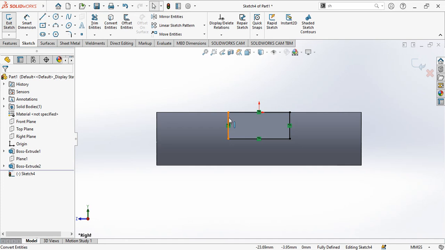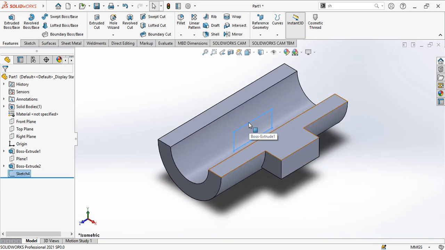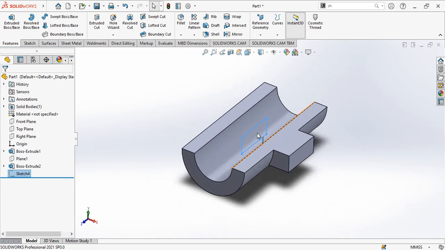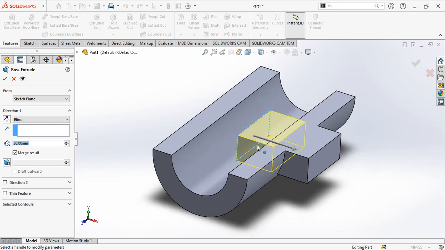Now what will happen, the edges will be extracted. So that's enough for me. Exit from this workbench, Control 7, isometric view. Now you can see my sketch is in the middle of this one. So how can I achieve the extrusion like this? Use the extrude option again, and here you can see